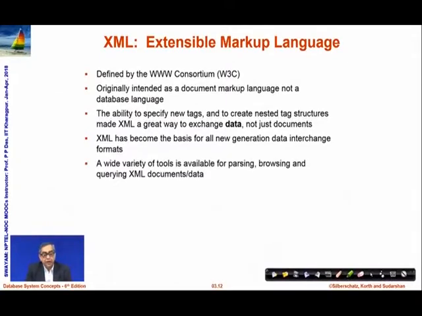It has become widely available that you have different tools for parsing, browsing, and querying XML content, documents, data, and so on. If you are familiar with C programming, I hope you are, you can look up certain XML parsing and try out. They are great tools to learn.